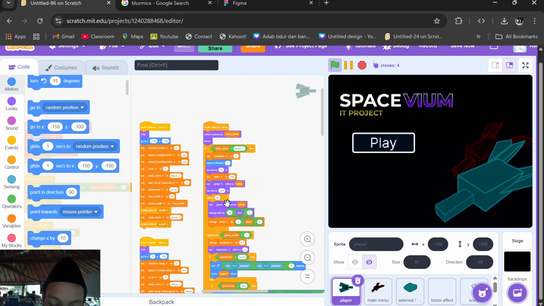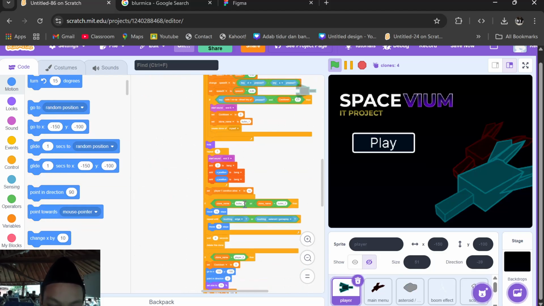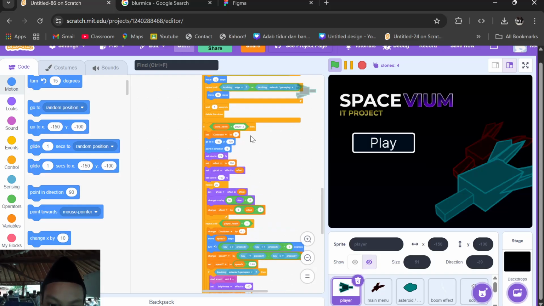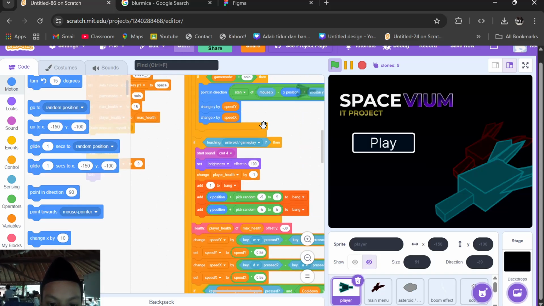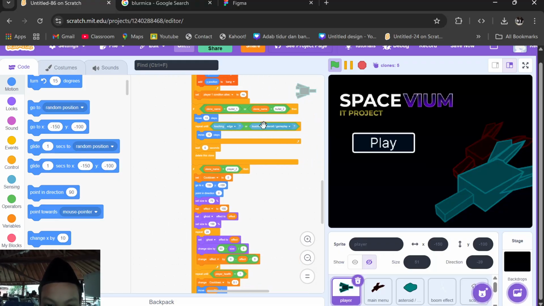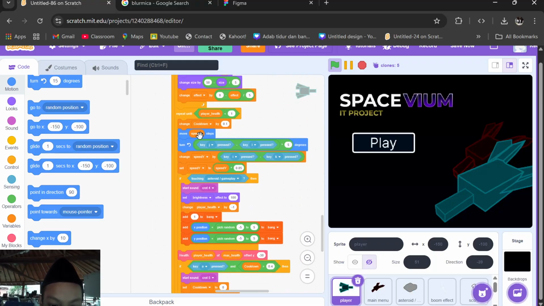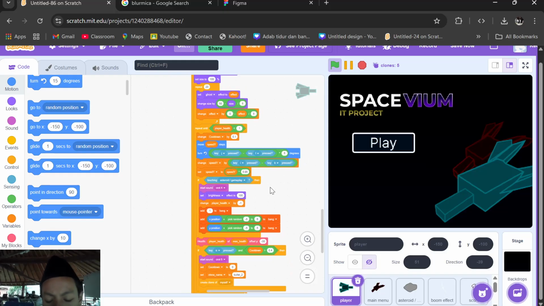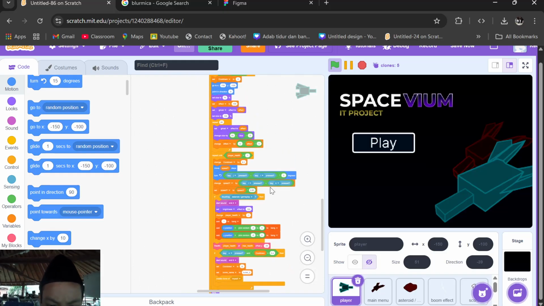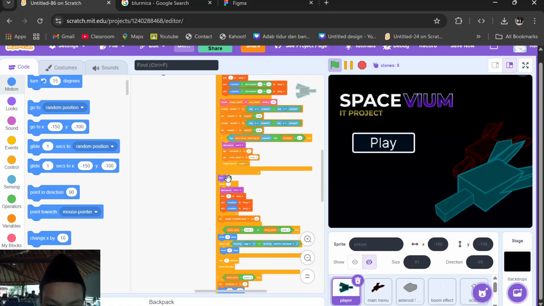Remember, this is for effect, and this does the same for player 2. See, the clone name is player 2. This is using clone. For the difference, player 2 uses G and L for moving, and E for moving forward. This is for direction.